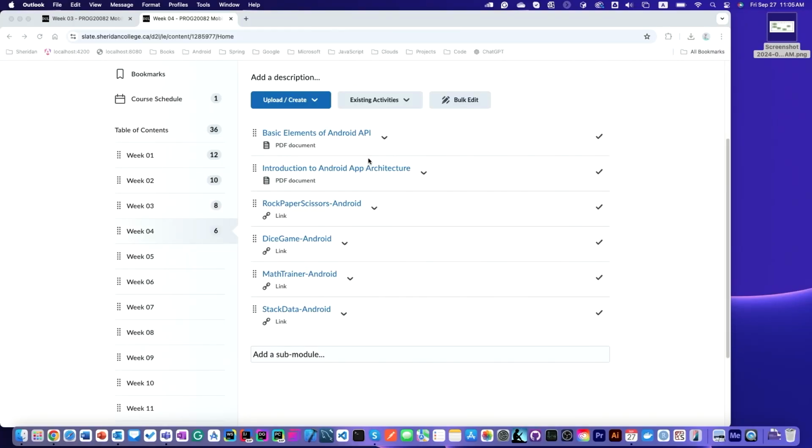Start recording. Okay. So in the previous week, we discussed several examples: rock, paper, scissors, dice game, and math trainer. Rock, paper, scissors was discussed in a lot of detail, but I didn't look into every line of the code